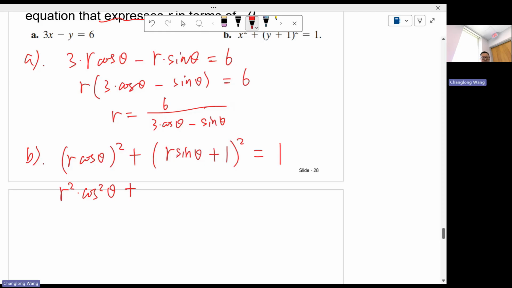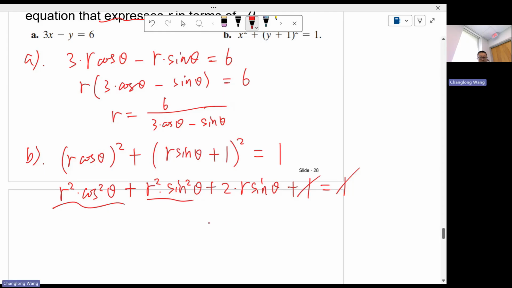The first term is going to get squared, so r squared times sine squared theta. And then you have the middle term, which is 2 times the first and the second term, so 2 times r sine theta, plus the last term, 1, getting squared, so it's still 1, equals 1. And the two 1s cancel. And now, look,